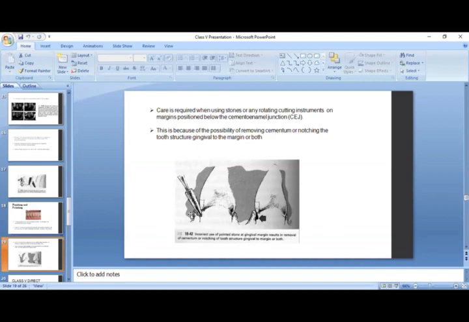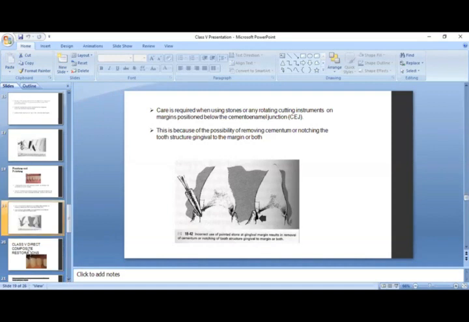So we are not supposed to do that. We are not supposed to remove the cementum or the gingiva unnecessarily. So your expertise should be like that, that you are just liable to finish that restorative material on the class 5, not encroaching that boundary of the gingiva and the cementum. So you need to be very careful.